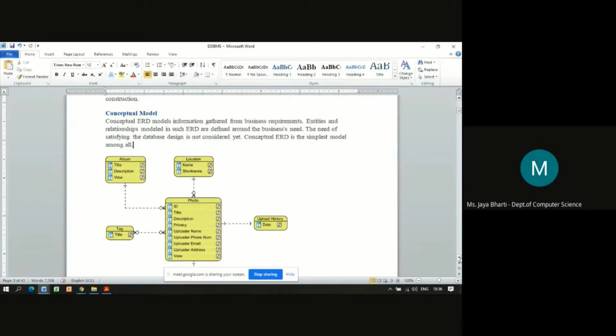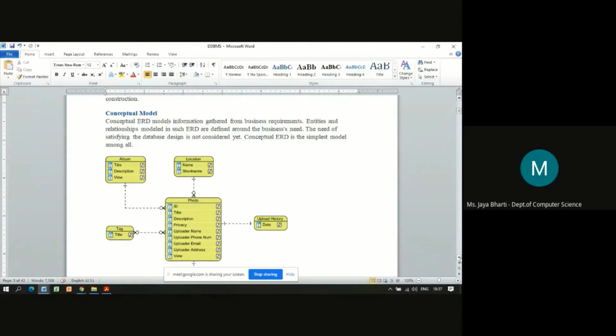Every entity has its set of attributes which define it, like customer. The attributes of customer are customer ID, customer name, customer address, gender, date of birth. Basically those are the attributes which define that entity. And the dotted lines which you can see, that is the relationship, the association between them, so that is represented. And then they show the cardinalities.